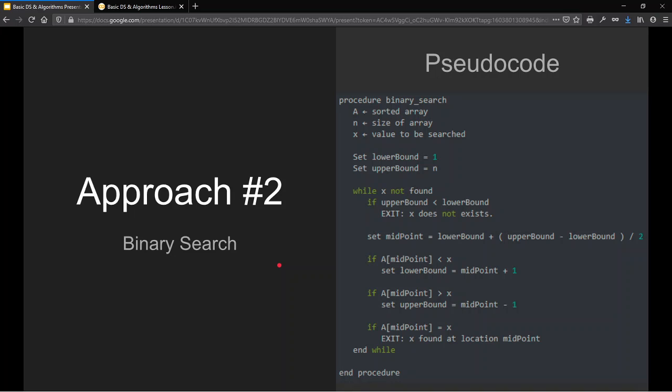So basically you want to keep track of 3 things, but before that you need to make sure that the array that you're trying to search is sorted. That's very important. Whatever element you're looking for in a certain array, the array has to be sorted. N is going to be the size of the array, and X is going to be the value we're looking for. The 3 values that we have to keep track of are the lower bound, the upper bound, and